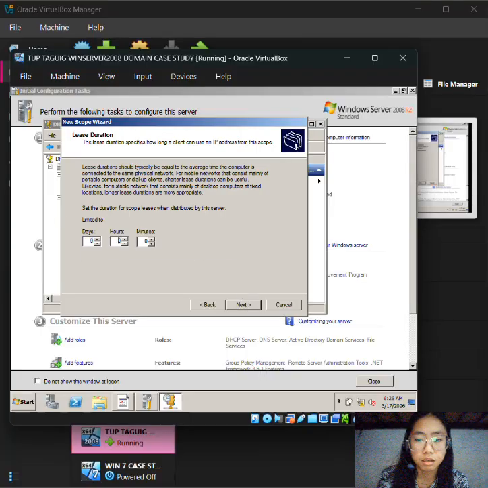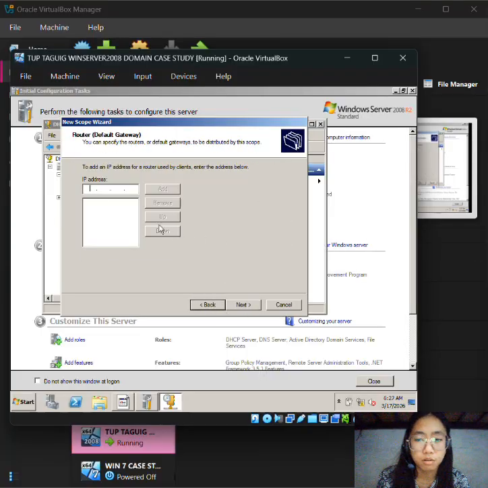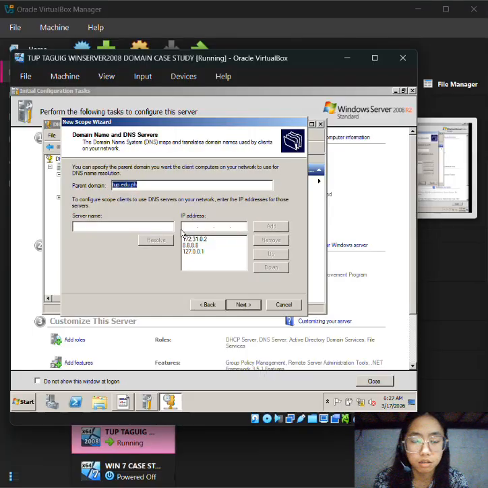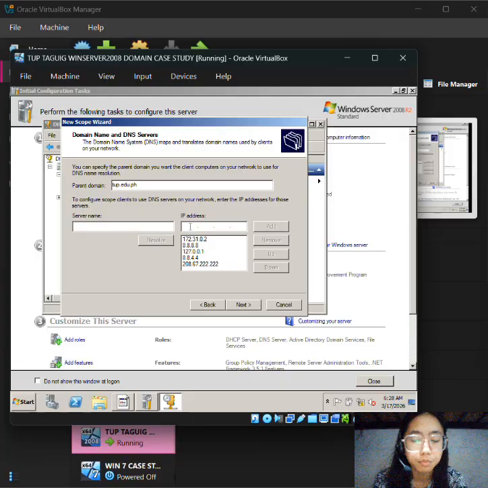And next, I configure the default gateway using a valid router IP address to allow communication outside the local area network. So for DNS configuration, I set the DHCP server itself as the primary DNS server, and I also added public DNS servers, especially the Google DNS and OpenDNS, as secondary options to ensure reliable name resolution.